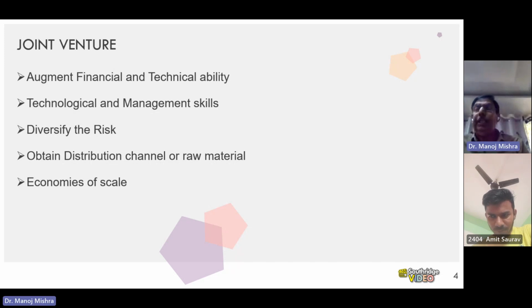Now, 350 divided by 50 is how much? 7. 350 divided by 50 is 7 rupees. So 7 rupee is more than 6 rupees. So the more I produce, less becomes my cost. That is called economies of scale. The more I produce, the lesser the cost. So through joint venture,